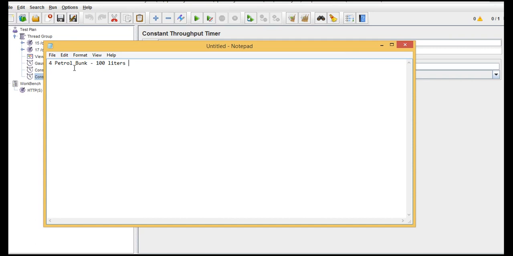Now here in our application we have 4 servers maintaining that application, and we can say that each server can give 100 requests per minute. So ultimately 400 requests per minute you can get. That is the maximum. And now assume that 2 cars just came into that petrol bunk shed. Fine. So now what is the throughput it is providing?